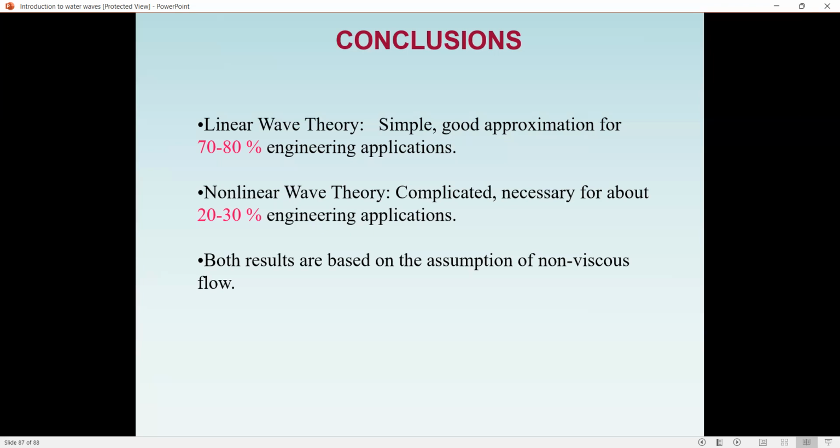Even with the first order wave theory, we solve 70 to 80% of engineering problems, but there are many problems which are still unsolved under the first order assumption. I will tell you one: wave interaction with a submerged or floating body. This morning I was talking about existence and uniqueness. The uniqueness of this problem, wave interaction with a floating barrier or floating structure, was only solved in 1996. But a lot of these problems are highly applied to solve many problems of engineering interest.